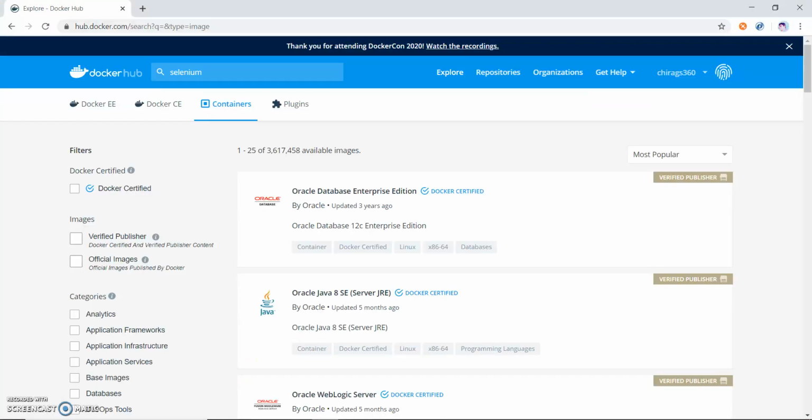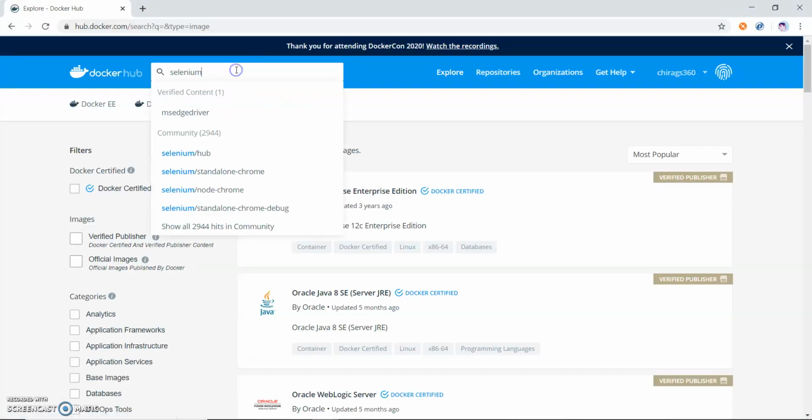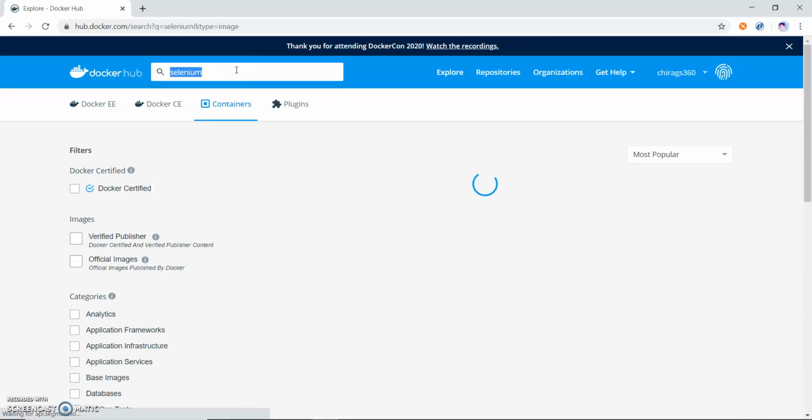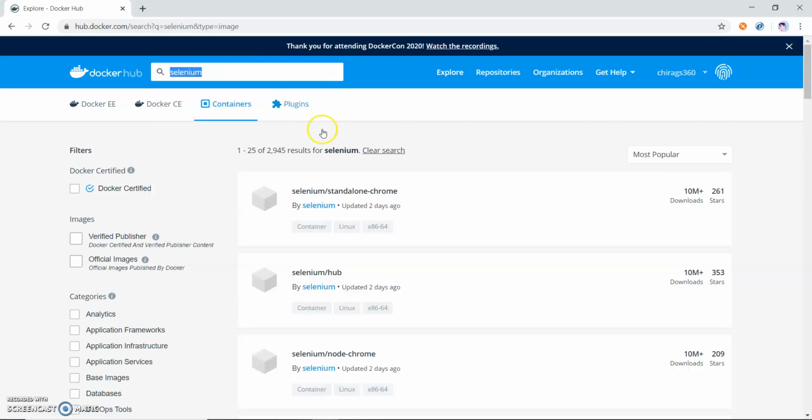So let me open Chrome, and here I will search Selenium and press enter. You can see Selenium standalone Chrome is displayed. There are many images, but we will look at the ones by Selenium.